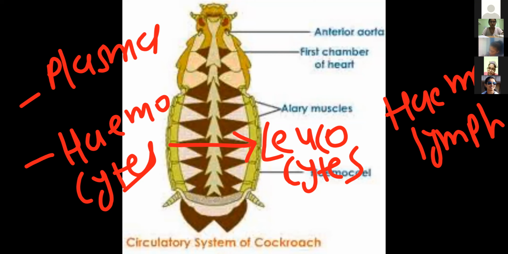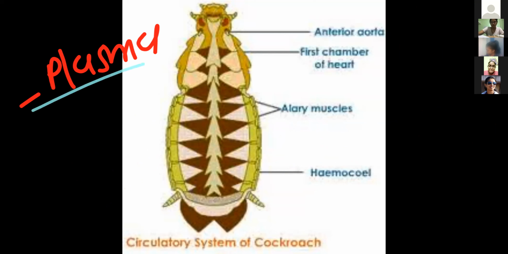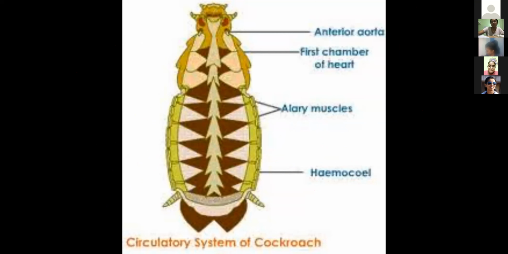In that, just one line is remaining, that this heart is differentiated into, जो इसका shape है, this shape we call the funnel shape. Funnel shape chamber with ostia on either sides. Right? So it is differentiated into funnel shape chamber with ostia on either sides. Sinus to ostia to heart to sinuses. Blood flow is there.